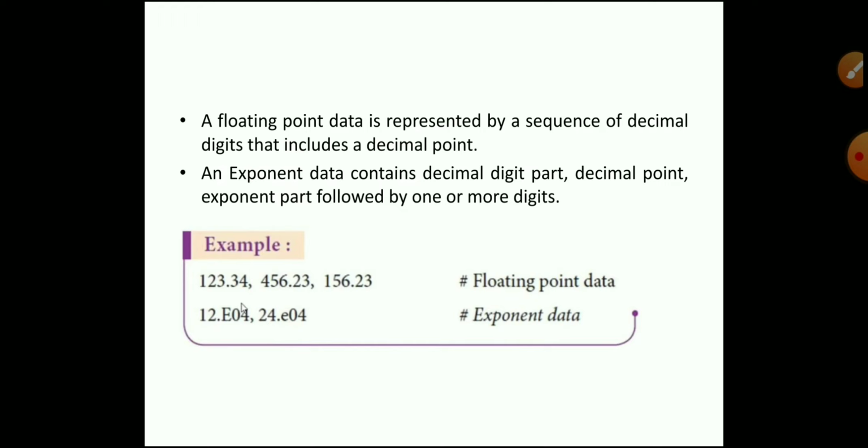For example 12.E04. The letter E, small or capital, will come inside the value, followed by an integer value. That is called exponent data. Now we understand the floating point data and exponent data. Next one,